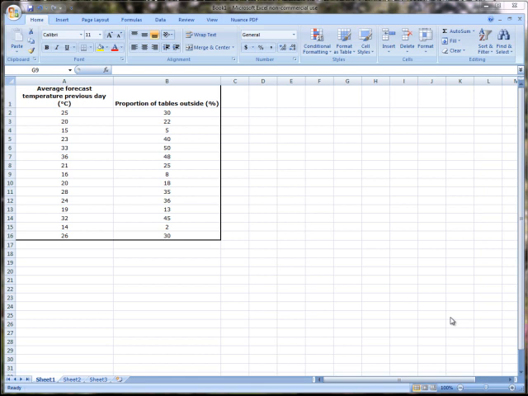For part A, we have to do a scatter diagram, so we'll start with that. Okay, so we've got our two columns of data. I've just copied them straight from the question sheet into Excel. Now here we're looking to predict the proportion of tables outside. So this is going to be our dependent variable y, and that means that x will be the average forecast